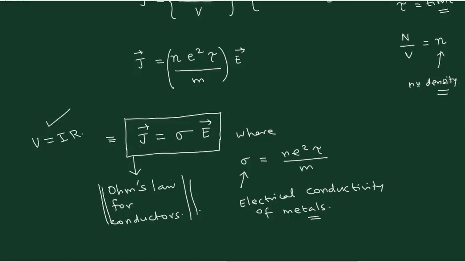But what happens is you don't have vector quantities in V equal to IR, because practically when you are going to use conductors, you don't have them directly. You see here, this Ohm's law and this Ohm's law, what is the difference? You see that in this expression for Ohm's law, you have the resistor coming into the picture.